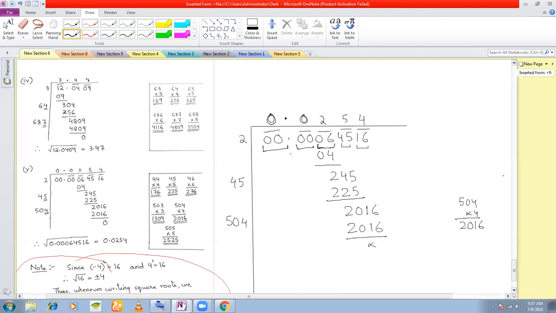Okay. Yes, sir. So what you can do is, in order to practice the division method, that's all what you can do. You can take any number you want, check it in the calculator, and then you can start your division method to check whether you are getting the right answer or not. Okay. Okay, sir. I'll stop.